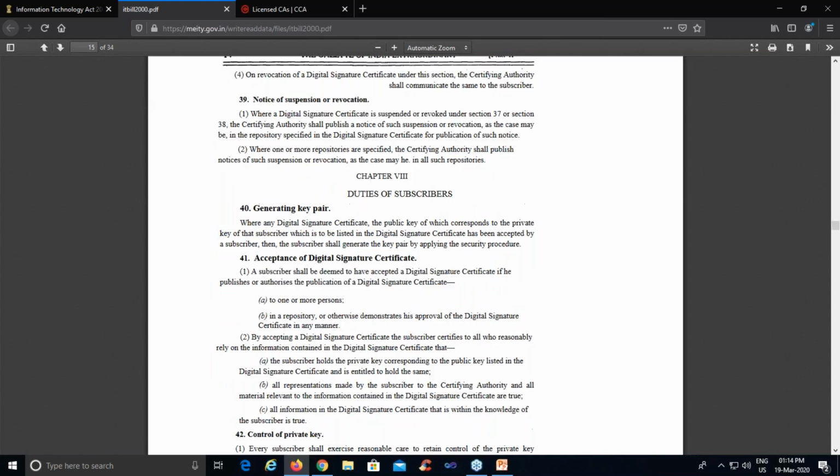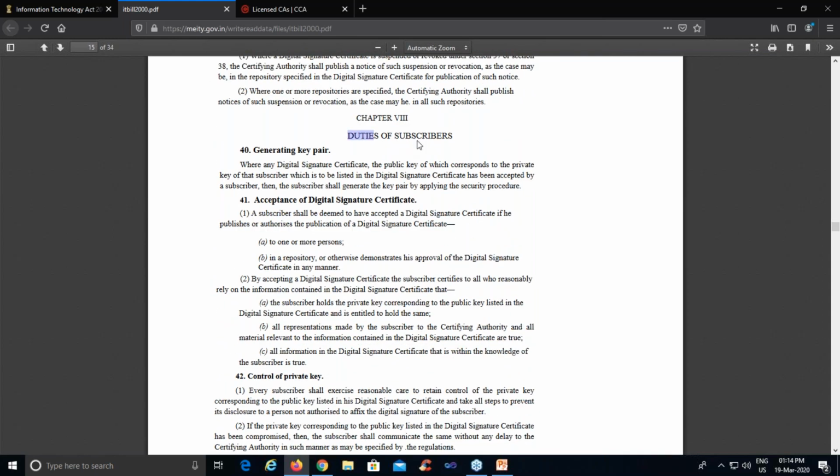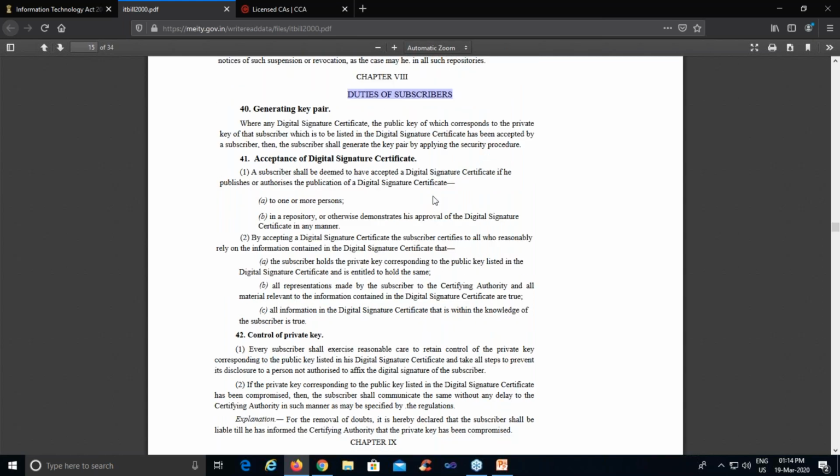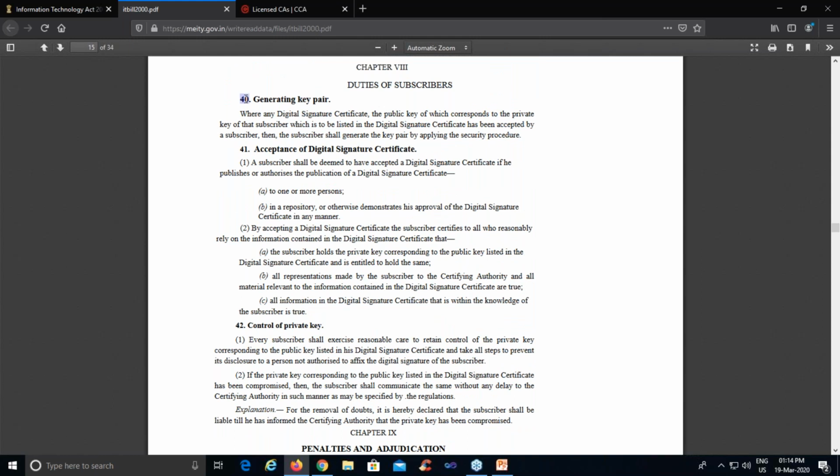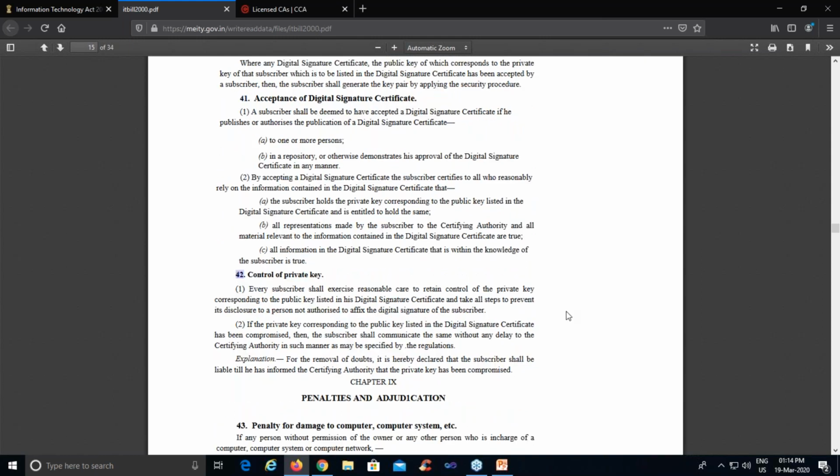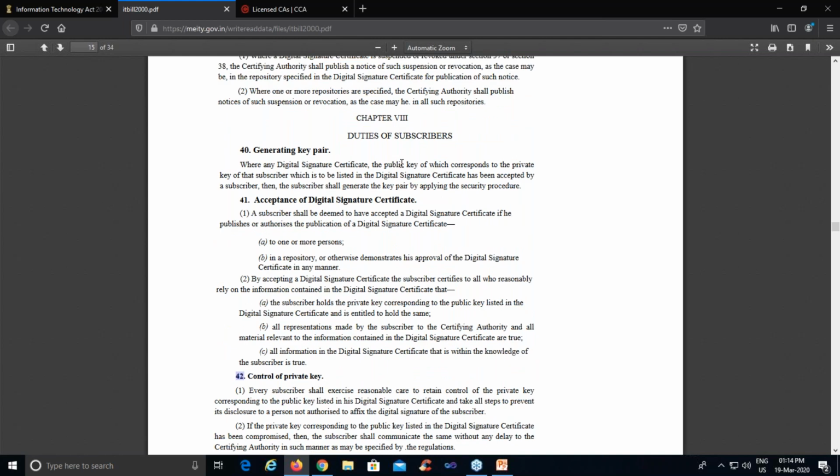Wait, duties of subscriber. I repeat, very important question. What are the duties of a subscriber? That is defined under sections 40, 41, 42. Let's assume again we are at the bottom of the pyramid. The subscriber is at the bottom of the pyramid. So generating key pairs, acceptance of digital signature certificate.